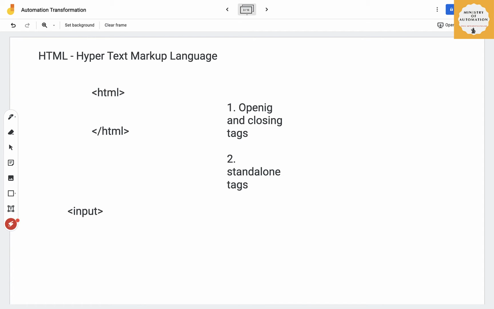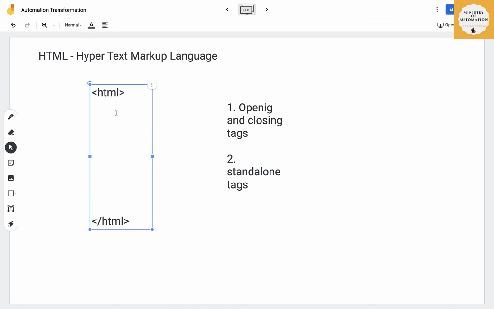Don't get confused, these are the only basic two types of tags you will find in HTML, and by nesting these tags, we're going to create a beautiful web page. That's why we need to learn what the structure of a web page looks like. So now let's start with the structure of an HTML. As I said, every web page will consist of this HTML tag and a closing HTML tag.